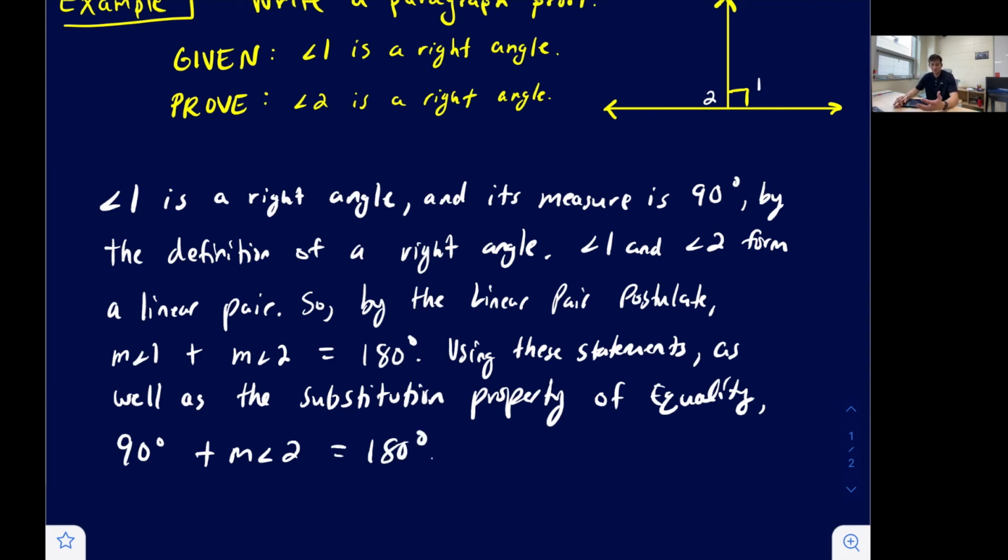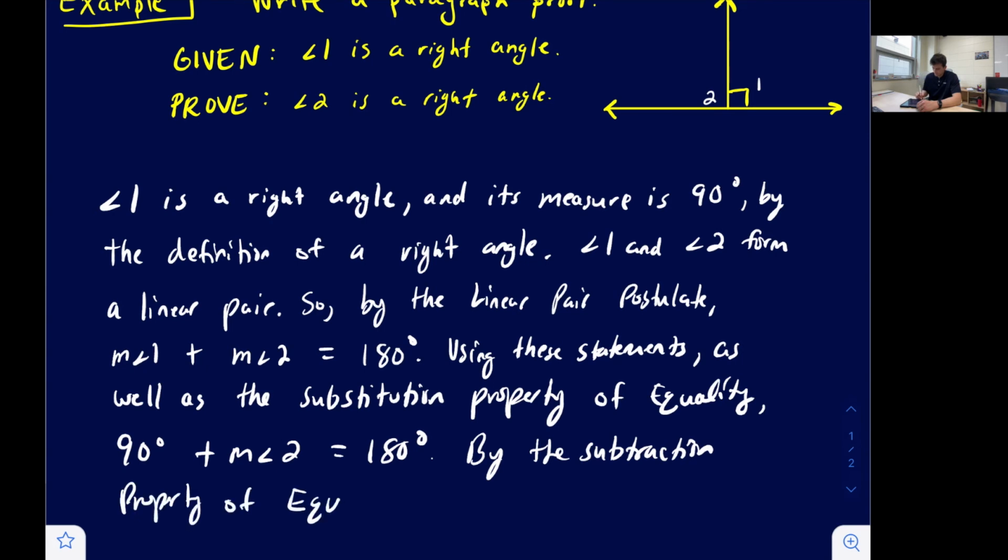So algebraically, you're looking at that and going, okay, we could subtract 90 from both sides. That's exactly what we can do. We just have a name for it, right? The subtraction property of equality. So we could say by the subtraction property of equality, now we could say subtract 90 from both sides, and now we could say the measure of angle 2 equals